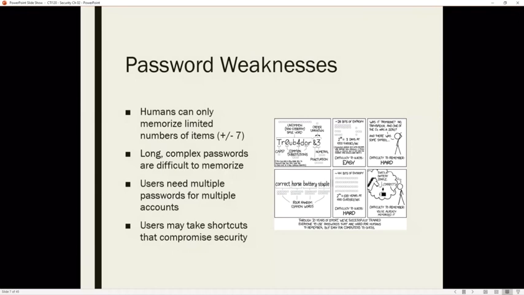Now, if we were to use something more like the bottom left frame, where we have correct horse battery staple. Now, this is assuming that we have a slightly uncommon non-gibberish base word, all lowercase, no caps. Then we can say that we have a level of complexity closer to 11 bits per term, so we have 4 of those packages, then we would say, okay, 44 bits of entropy at that point. 2 to the 44 at 1,000 guesses per second goes from the original 3 days at 2 to the 28